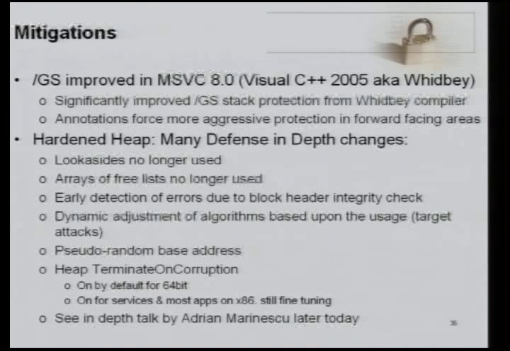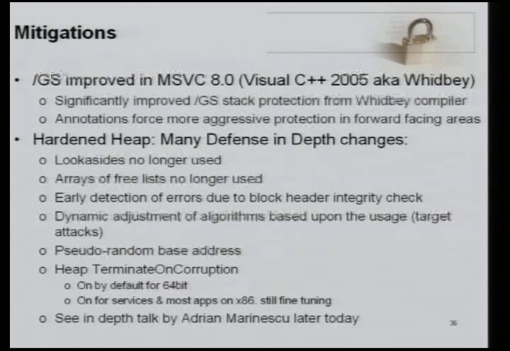The second thing is the heap was largely rewritten in Windows Vista for a number of reasons, certainly with security in mind. I'm not going to talk about the different changes. If you really want to dig into the heap, go to Adrian Marinescu's talk later today, and he's going to explain all the different changes in the heap. I will though talk about one of the specific changes we drove across the code base, which is